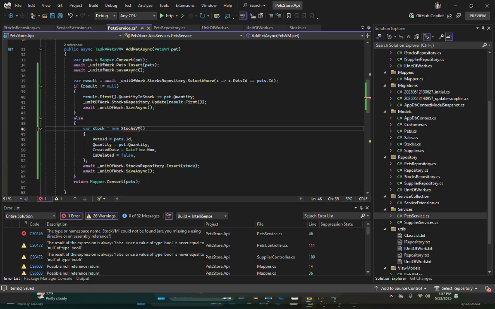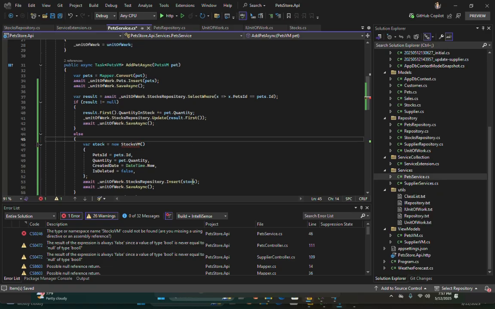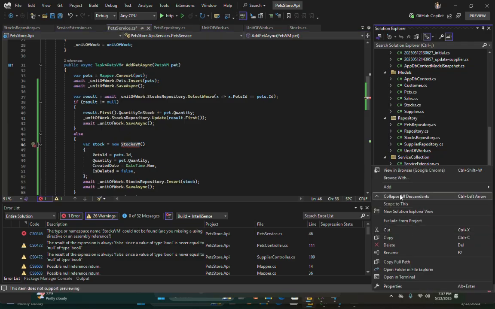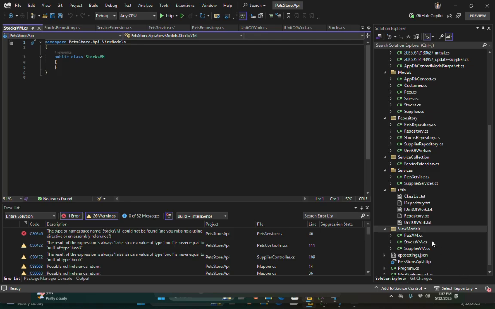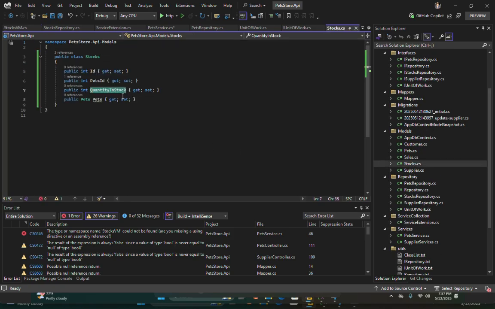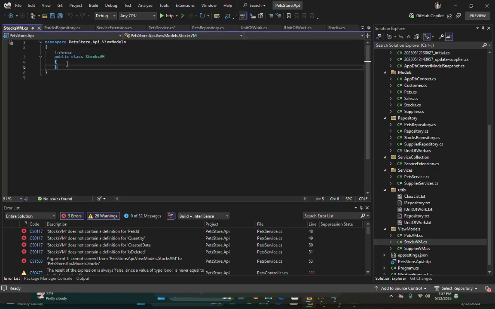We haven't made the stock view model yet, so let's make it. Add a new class, StockViewModel. Same as the stock, we will get all the attributes here in our stock view model.